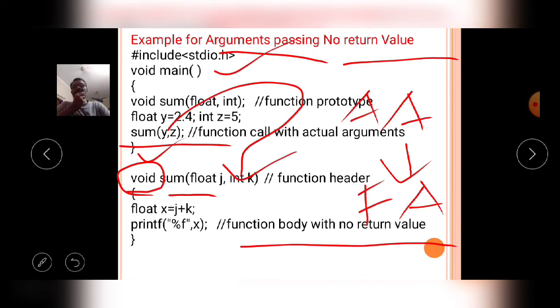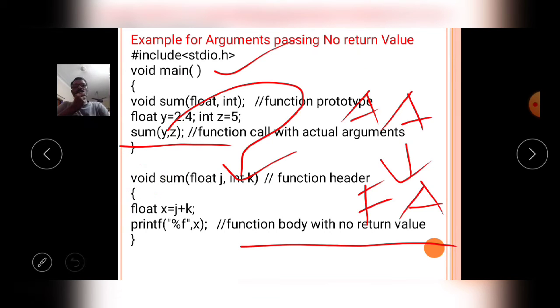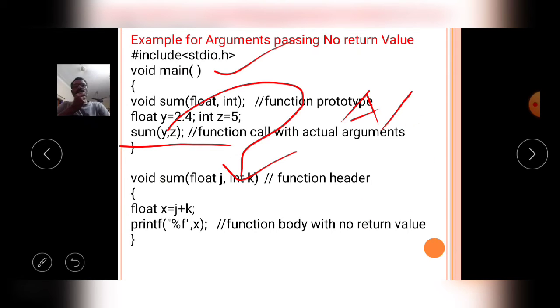In a simple manner, the 2.4 value and the 5 value are moved from the main function to the sum function. Then after completion of the execution, no value is returned to the main function, but the answer 7.4 is printed with the help of the sum user defined function only.